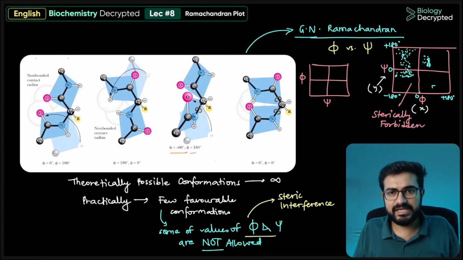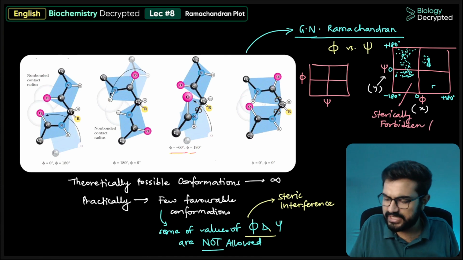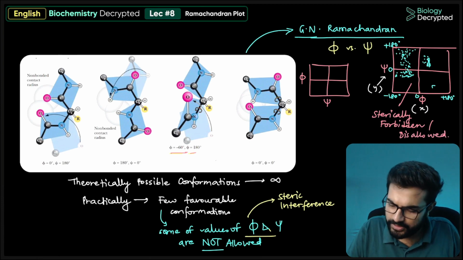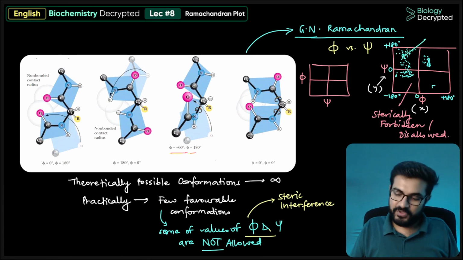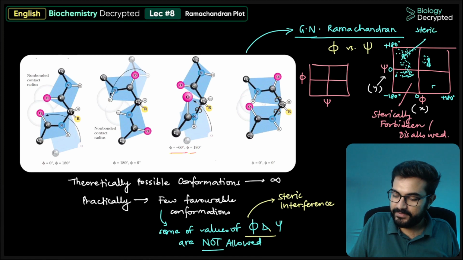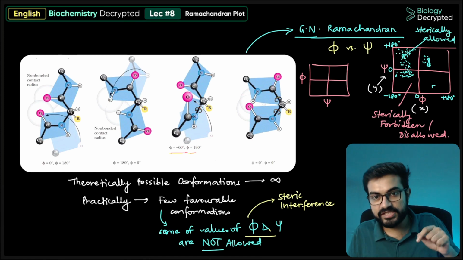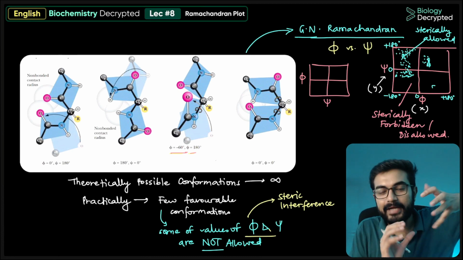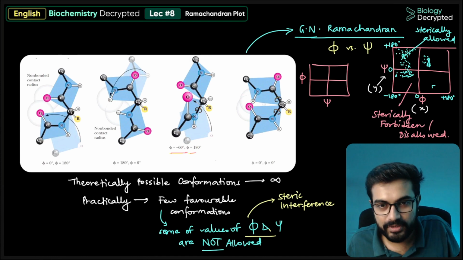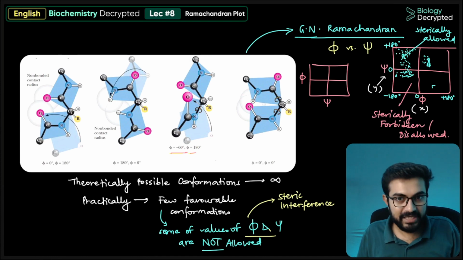We can say sterically forbidden, or you can say disallowed. These were forbidden or disallowed. And these were the ones which were sterically allowed. And these were the ones which led to the folding of this backbone, and due to this folding of the peptide backbone,